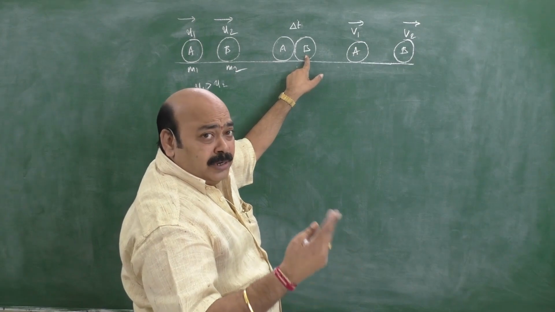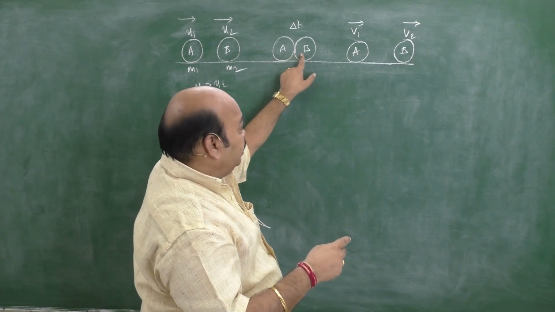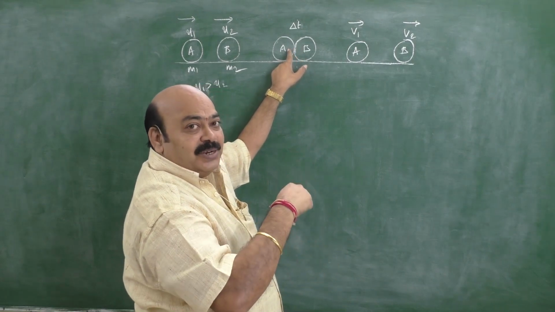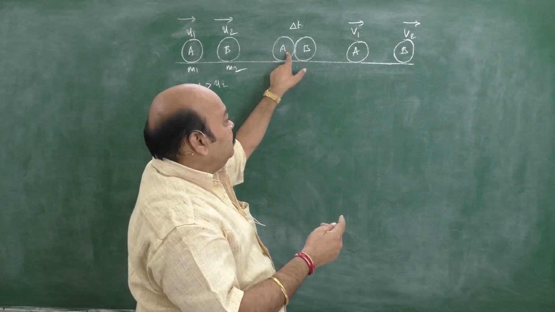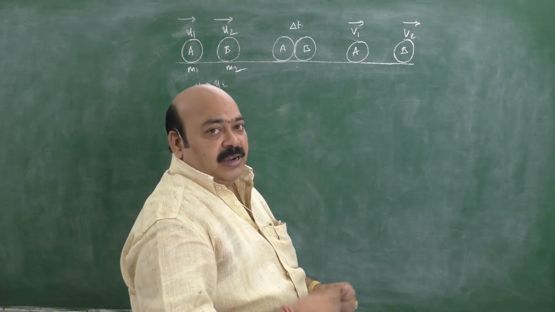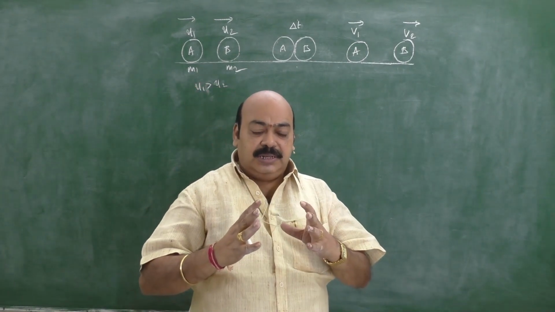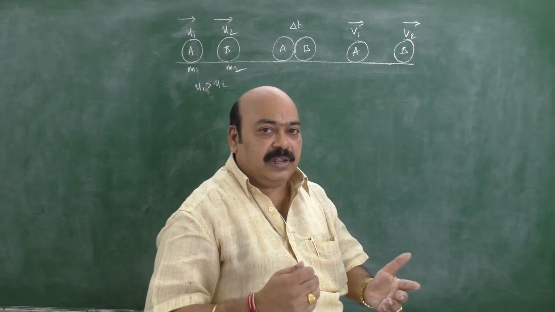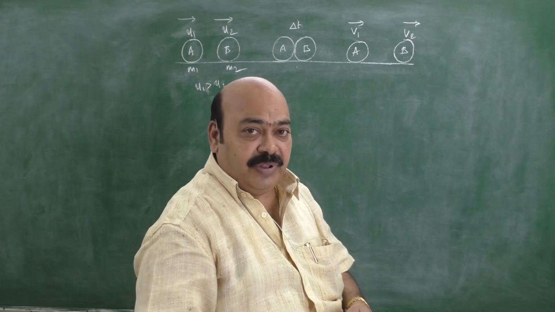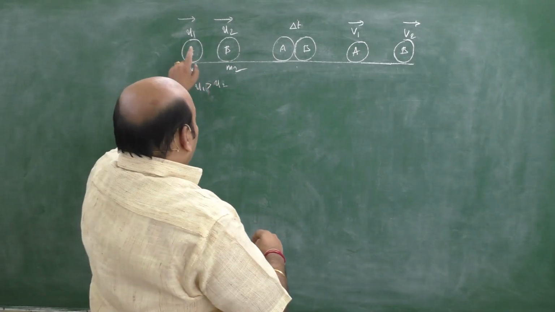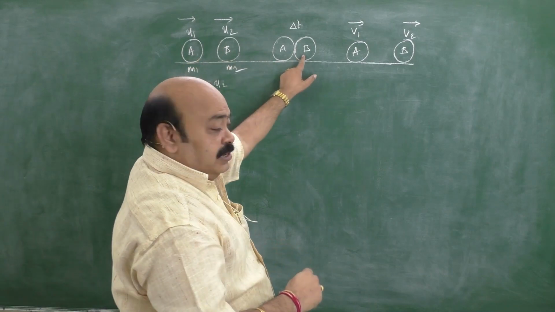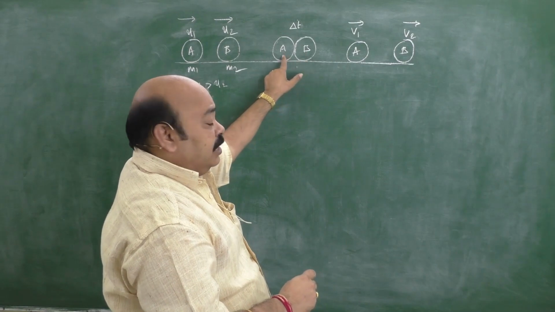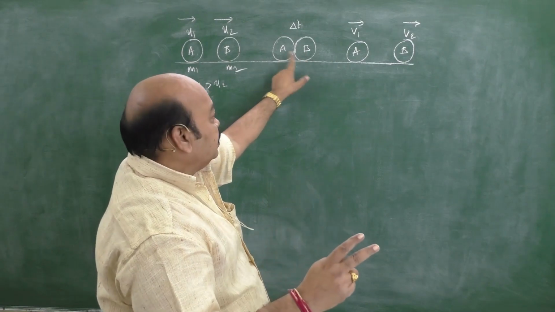At the same time, according to Newton's third law, when A exerts some force on B, definitely B also exerts an equal amount of force, but in the opposite direction. Anyhow, it also causes a change in momentum of the sphere A. Now, I am going to find the change in momentum before and after impact. If we prove this, the law of linear momentum is said to be verified. Now, the force acting by A on B is taken as action. The force acted by B on A is called reaction.